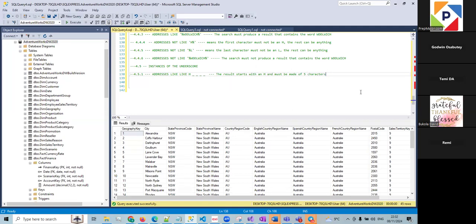The second option, the second version of this, if we have